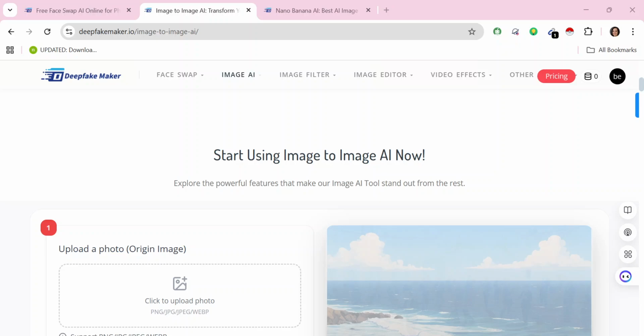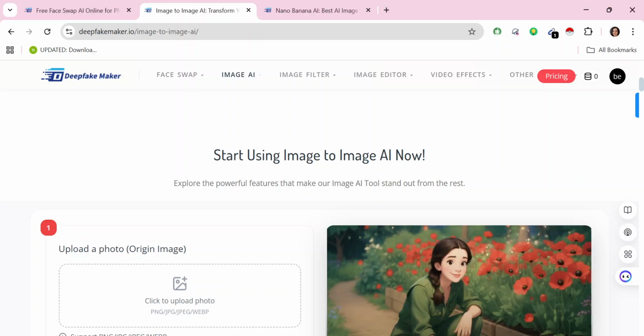Hello guys, and welcome to this video where I'm going to be showing you how to convert your pictures to anime picture with a click of a button. So I found this really cool website,